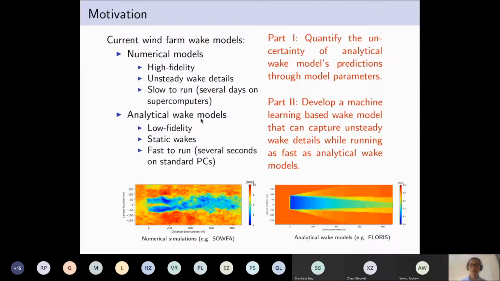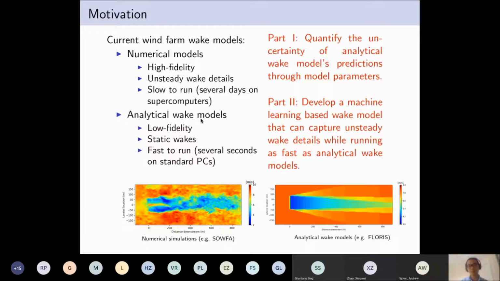But in order to achieve optimal control of wind farms, efficient and accurate wind farm wake models are urgently required. In the current literature, the wake models fall into two categories: numerical models and analytical wake models. The numerical models are usually of high fidelity, and most of them can simulate unsteady wake details, but they are very slow to run.